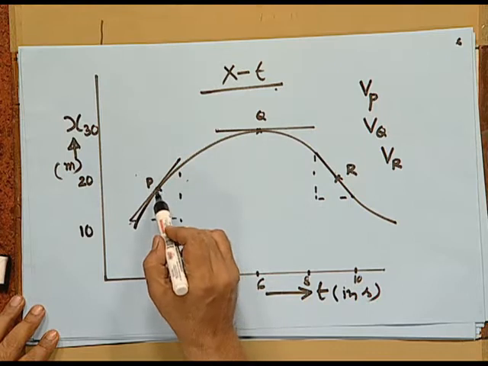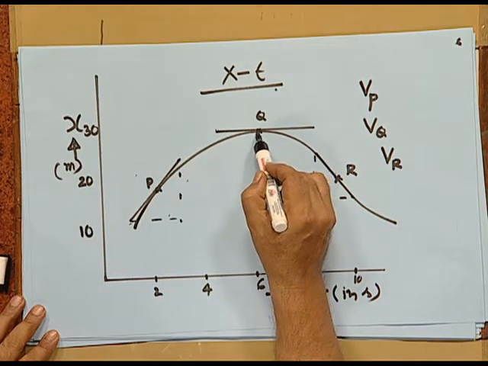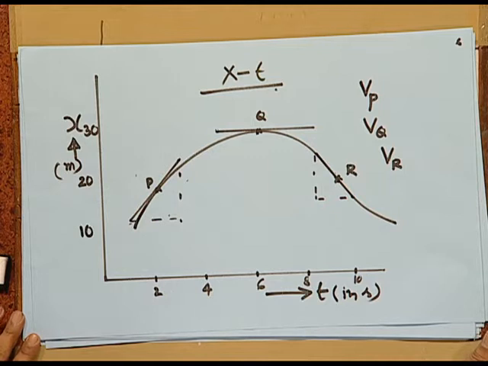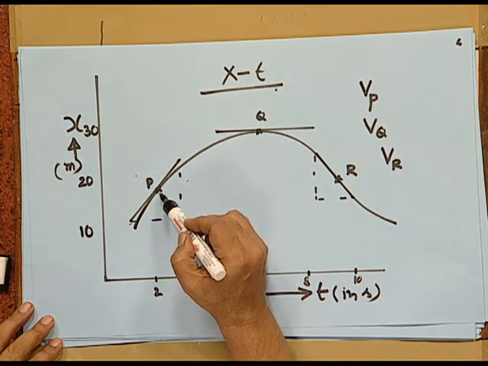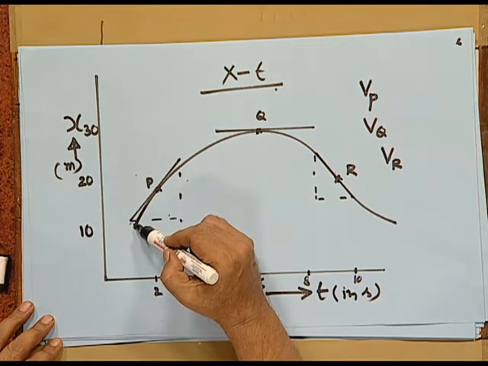Can you find out the instantaneous velocity at P, at Q, or at R? Can you compare the instantaneous velocities? Now, how do we do it? If you draw a tangent to the curve at this point, which I am indicating like this,